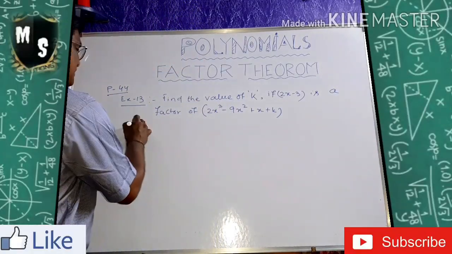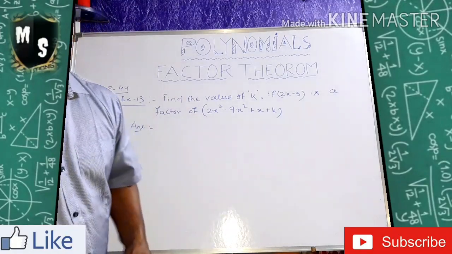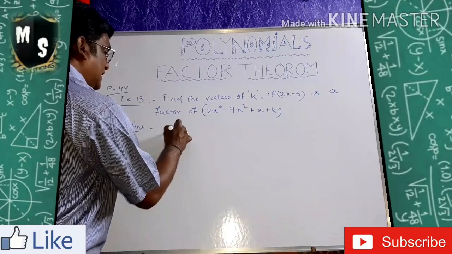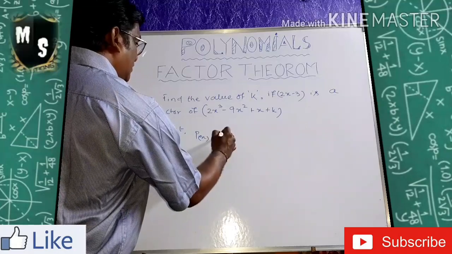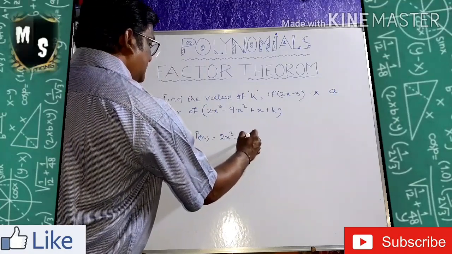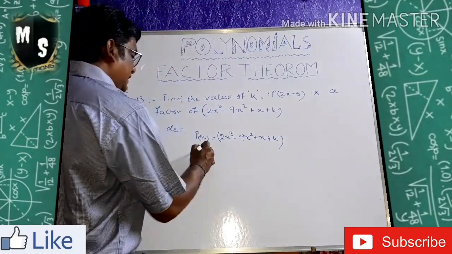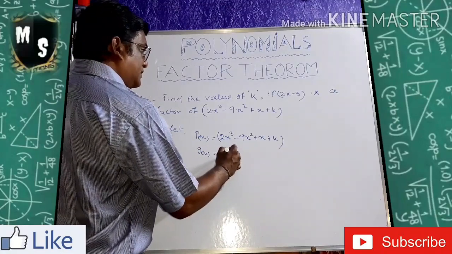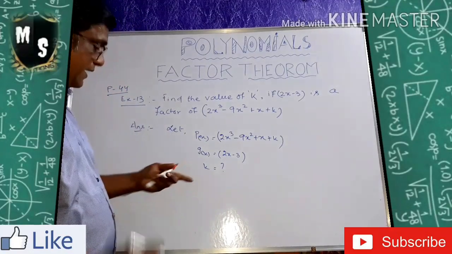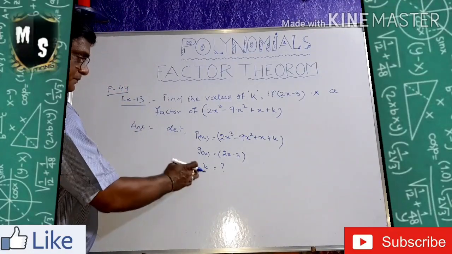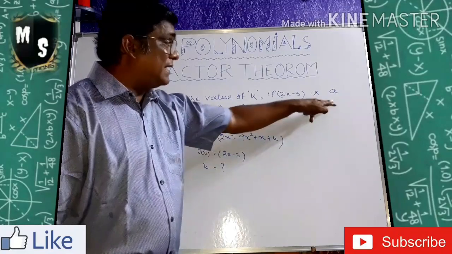So now you see, this question is of factor theorem bit number 2. That means the converse. What is given here? Please write your polynomials. Let P of x be 2x cube minus 9x square plus x plus k. Clear? Then what is your G of x? G of x is equal to 2x minus 3. What is asked? k is asked. Here in place of a he wrote k. So what is given to you? It is given that 2x minus 3 is a factor.